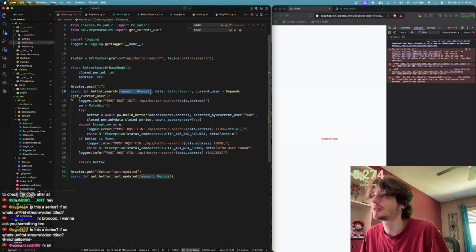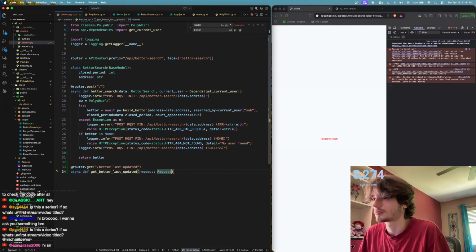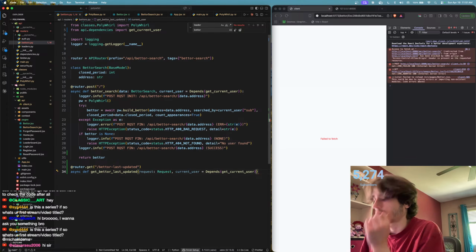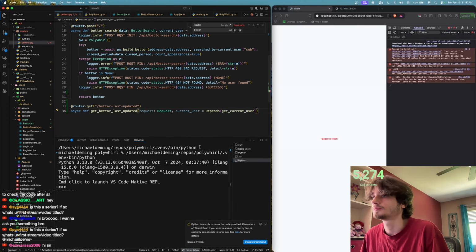We don't need that there. Current user, which equals depends on get current user. Okay, so what this function will do is it's going to basically,